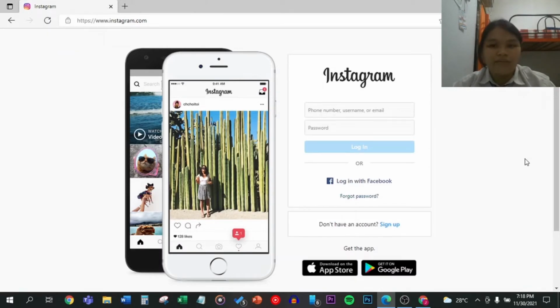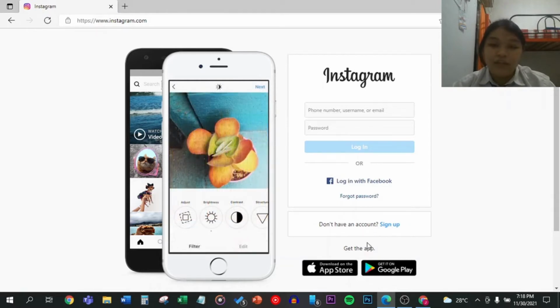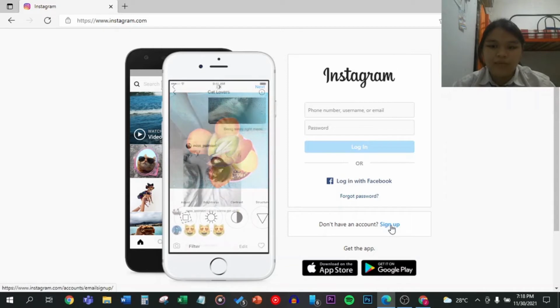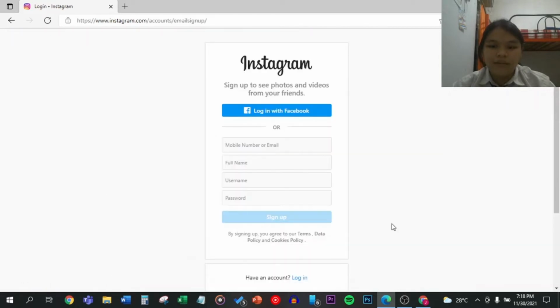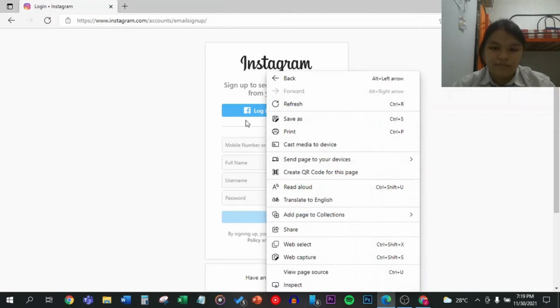Now, we don't have an account yet, so we need to create an account by clicking this blue sign up button, and it will take you to this page where you will sign up. And there's two options too right now. The first one is log in with your Facebook account. So if you want to log in using your Facebook account, press this button